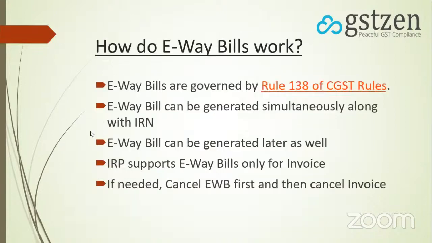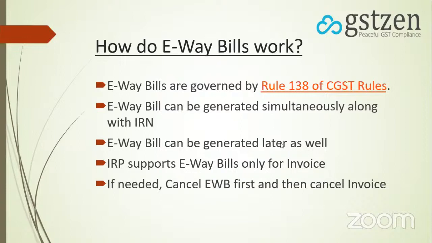Now, how would e-way bill work? How will e-way bill work along with e-invoice? The same rules are applicable for e-way bill after commencement of e-invoicing. They are governed by Rule 138 of CGST rules. E-way bill can be generated simultaneously along with IRN, or it can be generated later as well. So let's say I have generated an invoice today, but I am sending the goods after 5 days. I generate the e-invoice today, but I can generate the e-way bill before the movement of goods, that is 5 days later,